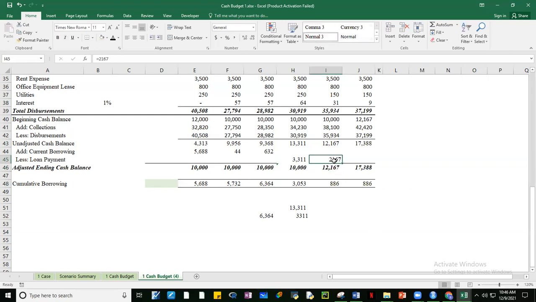Ito lang babayaran natin, no? Okay, so once we pay this, guys, ano mangyayari? So dapat yung formula natin naka-adjust na pati yung, okay? So 10,000 na lang yung balance natin, hindi na 12,167. Okay, and then our cumulative borrowing now dumiit na 8,886, no?